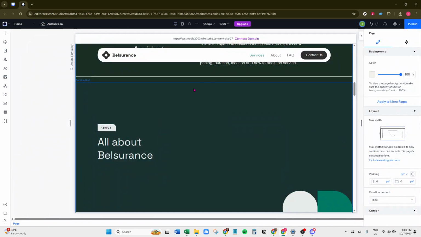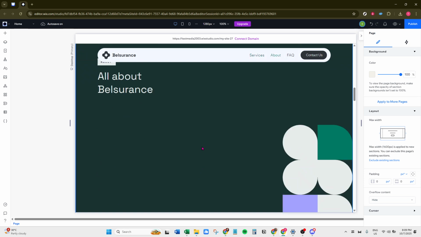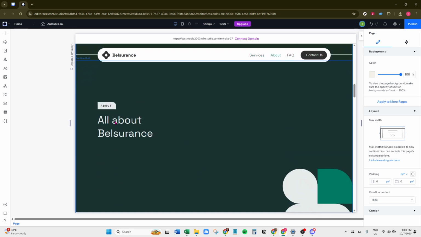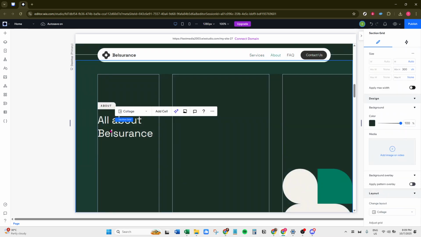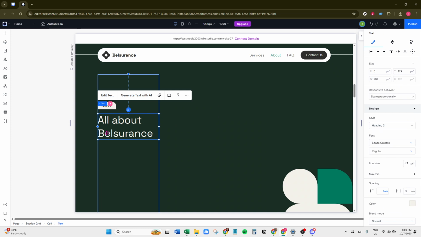Now that you're in the Wix editor, you might notice your site's design laid out in front of you. Look for the text box that you want to edit. To find it, simply hover your mouse over the area with the text until you see a blue highlight appear around it. This blue highlight indicates that you've selected the right area. Once highlighted, click on the text box, and you'll see an option appear that says Edit Text. Go ahead and click on this option.